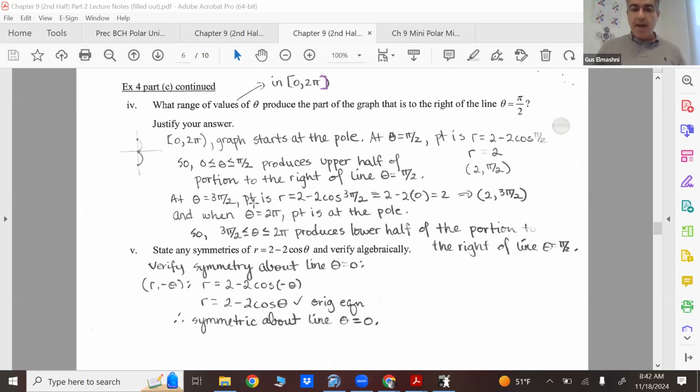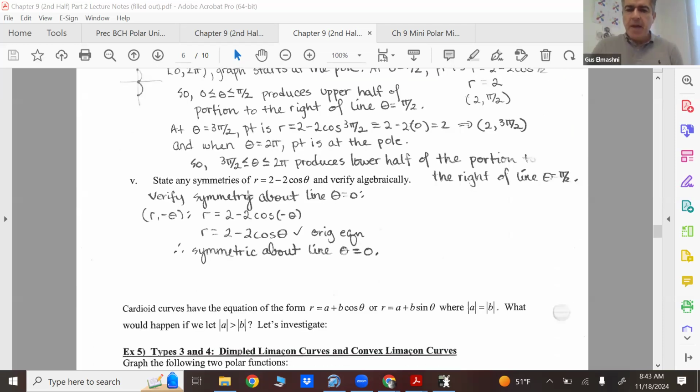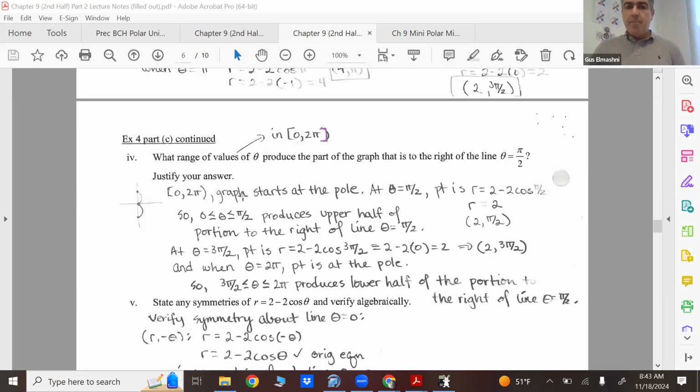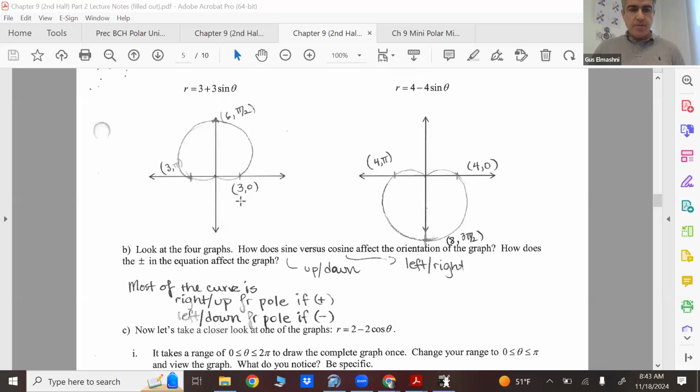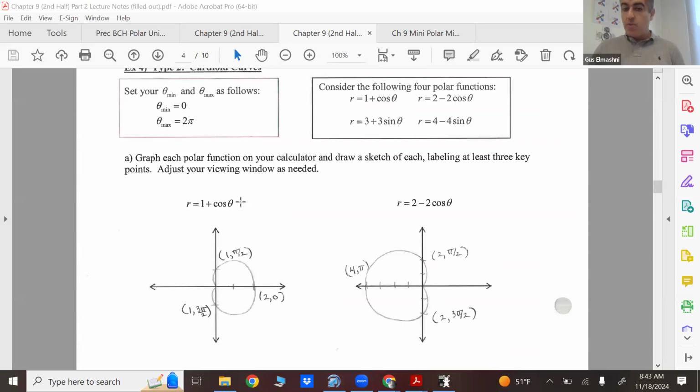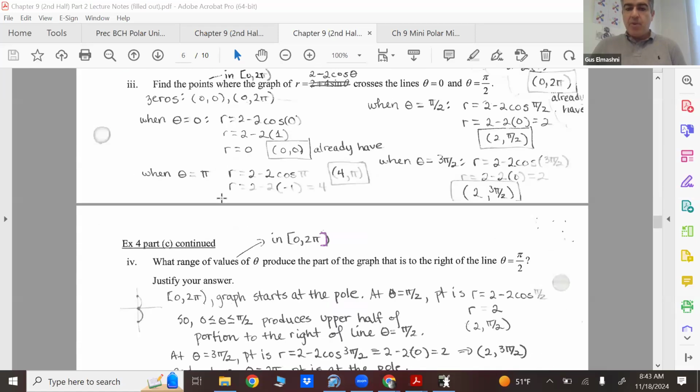0 to pi over 2 is the upper half. 3 pi over 2 to 2 pi is the lower half. So whatever, the symmetry is the part I cared more about, to verify that algebraically. By the looks of the graph, it's pretty clear. We're looking at 2 minus 2 cos theta, it's horizontal. So theta equals 0 is a symmetry we want. So we have to use that